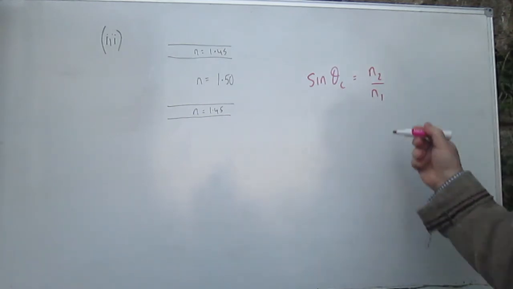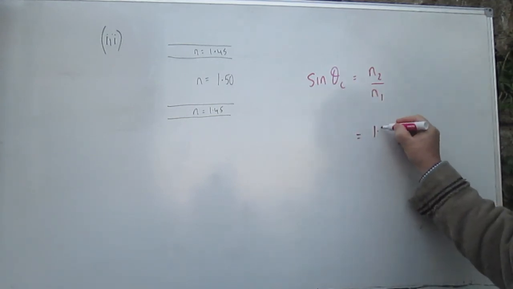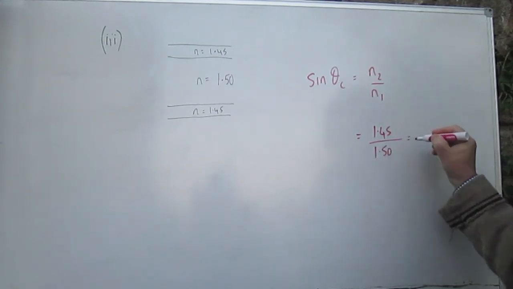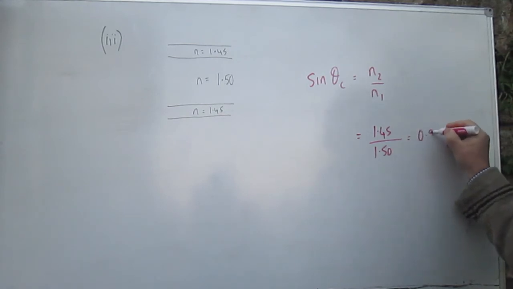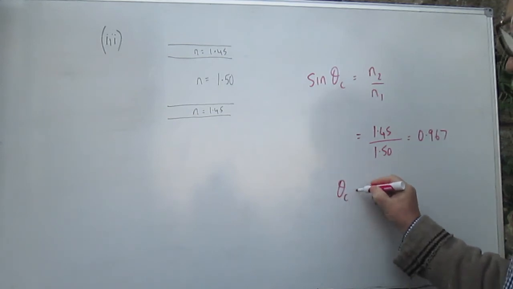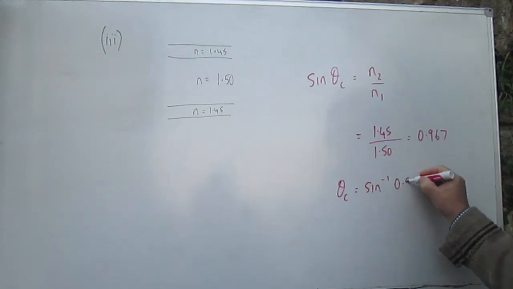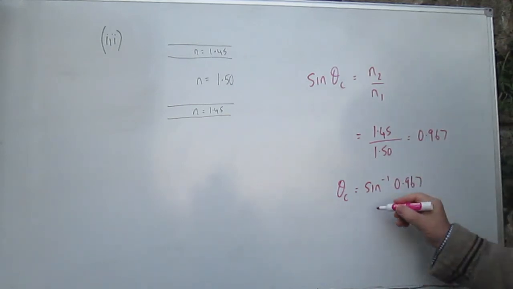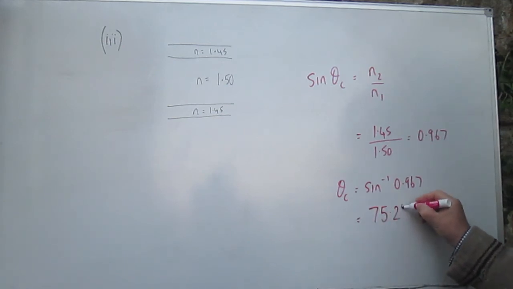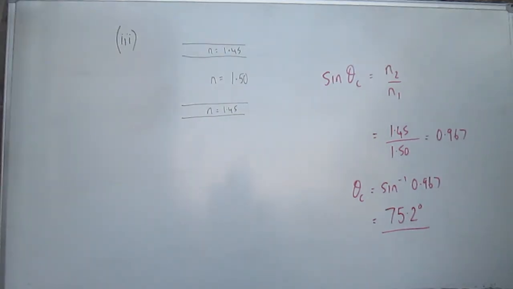And we just literally got to put the numbers in. So the sine of the critical angle is therefore equal to 1.45 divided by 1.50, which is 0.967, and therefore theta is just the inverse sine of 0.967, which is 75.2 degrees is the answer. So then it wants to know a reason why